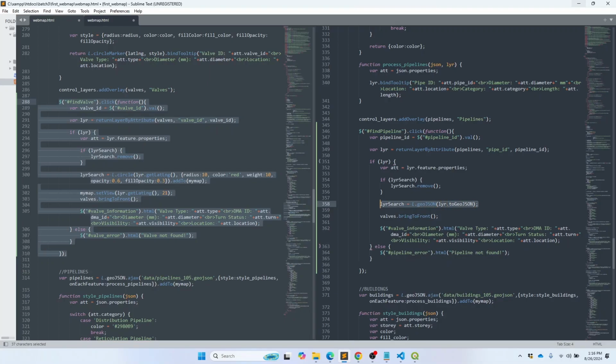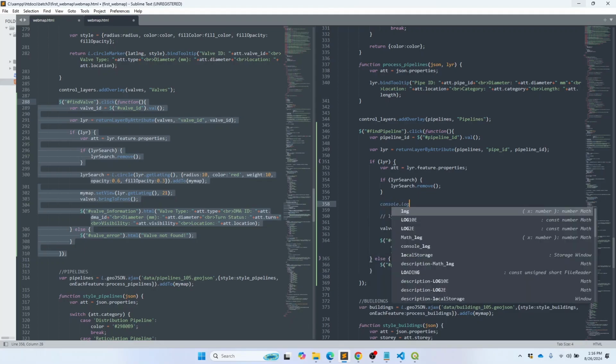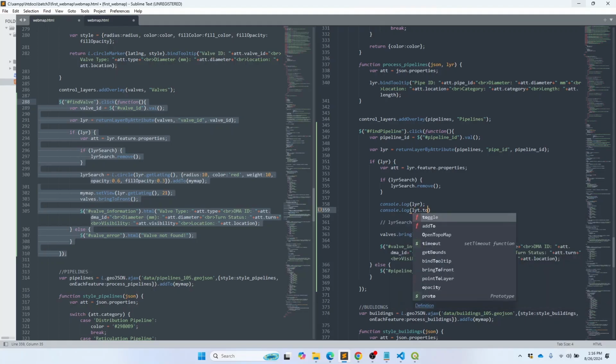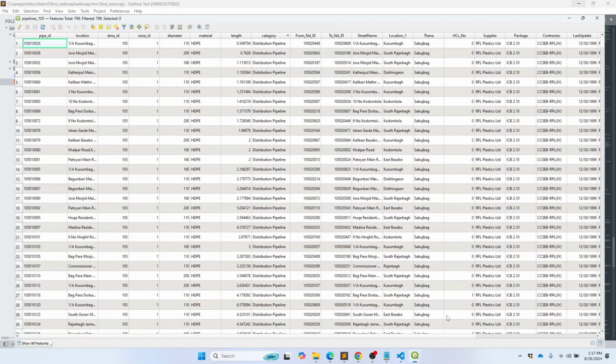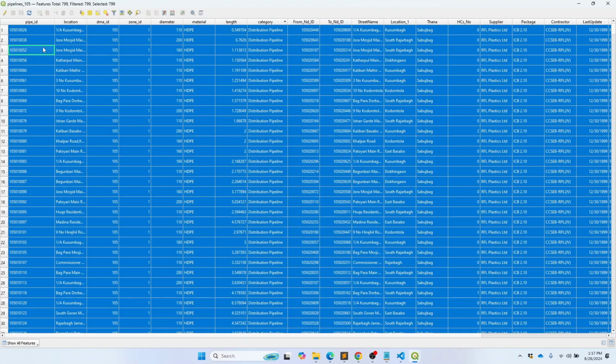Let's uncomment that and console log two things: first our layer, and then layer to GeoJSON, so that we see the difference. Let's copy a pipe ID, because I have not yet enabled the